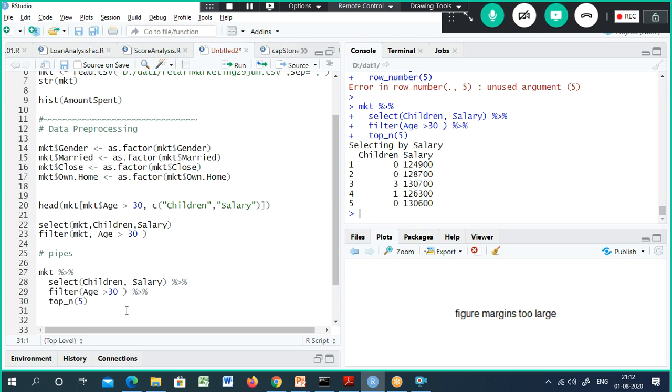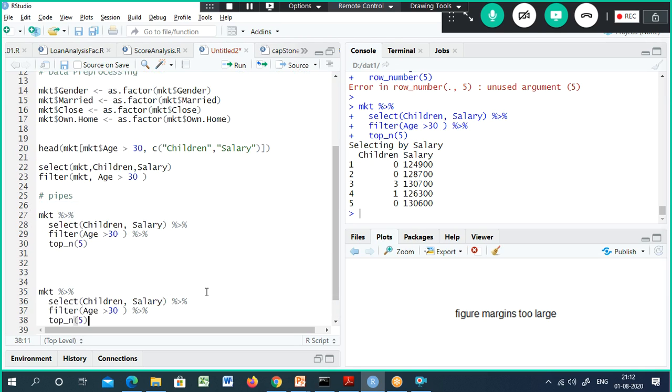And there are other options. Instead of doing it this way, I'll just show you this one, filter.